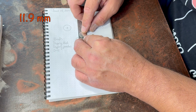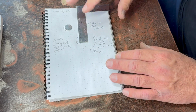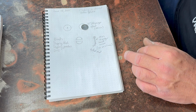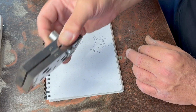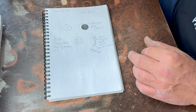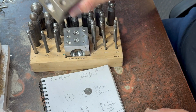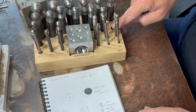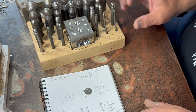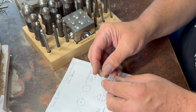Yeah, it's 16-ish, I think. So I'll try and remember to measure it after we're done, and we'll see how it works. But the things you'll need, I used a disc cutter to cut those out. You could just cut them out with a saw if you wanted to, if you're good at that. I have a set of dapping punches, dapping block right here. I also have this other dapping block that I use sometimes. I seem to have misplaced one of my punches, so hopefully I can get by without that one, but I think we'll be okay. So our first step, though, is going to be to, I think, we ought to drill